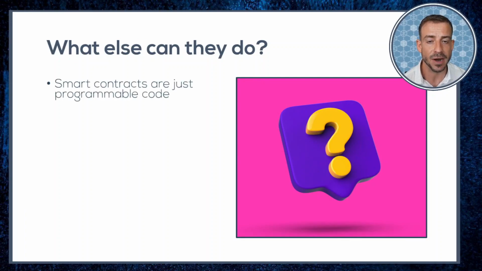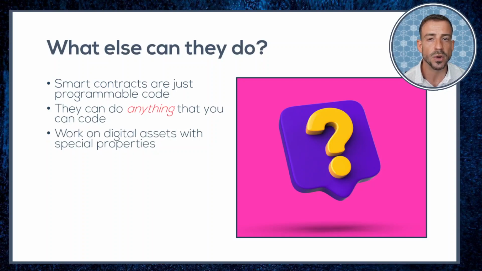Remember, at their heart, smart contracts are just programmable code. Given enough resources, they could perform any computable task. Although what's novel and interesting is that they can perform work upon a set of digital asset primitives that have special control and security properties, and all the human behaviors that ride on top of them. So in this section, I want to highlight a few broad areas of applications that help to illustrate the range and variety of possibilities that we can create with these tools.